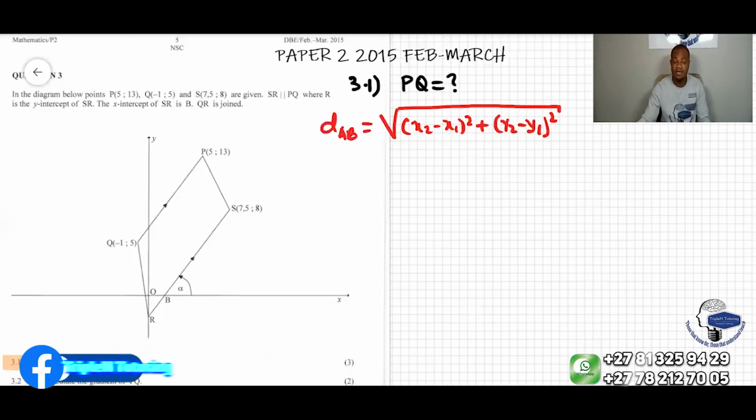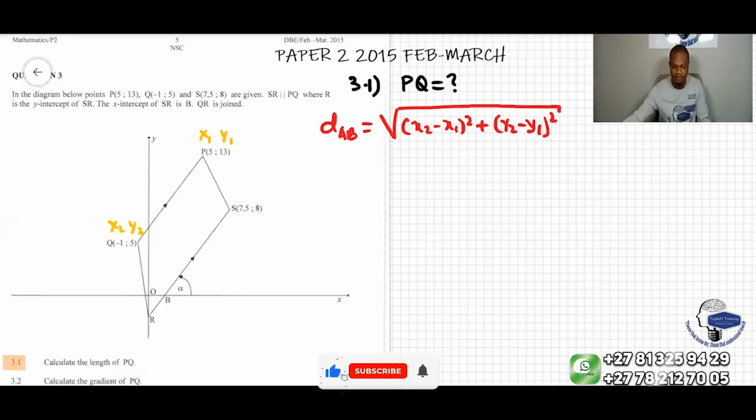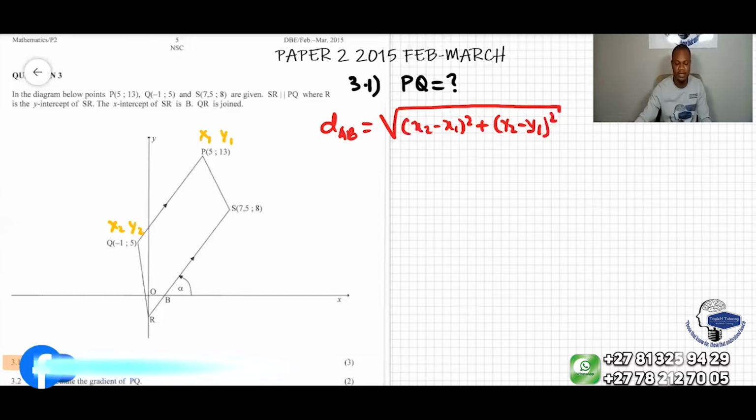So now, it doesn't matter which point is the first point. For example, I take that as my x1, that's my y1, and that's my x2, that's my y2. What matters is I cannot take an x-coordinate x1 here and then y1 over here. No, I cannot do that. I must take x1 and y1, and x2 and y2. Now when I sub in to work out the distance, the distance of PQ will be